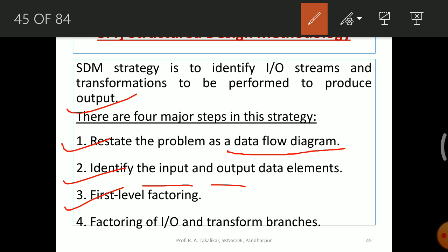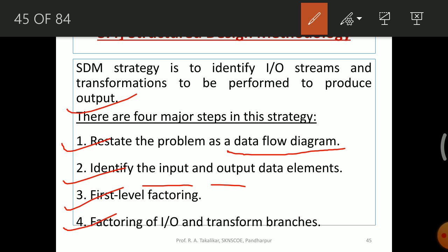The third step is first level factoring. After drawing the DFD and identifying the most abstract inputs and outputs, you start factoring the given system. In that there will be first level factoring, meaning identify the main module and its immediate subordinate modules, creating only the first level of the hierarchy.